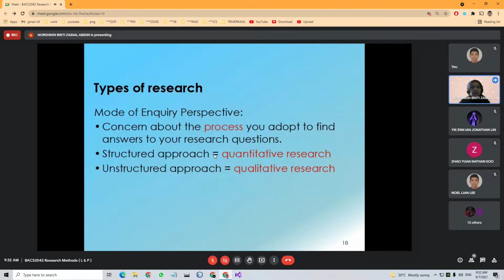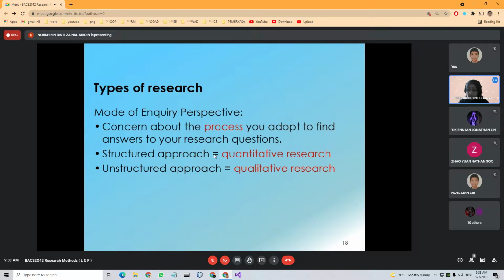Next, mode of inquiry perspective. Mode of inquiry perspective is how you want to conduct or approach your research. Basically, there are two, quantitative and qualitative. So what is the difference between quantitative and qualitative? Quantitative is